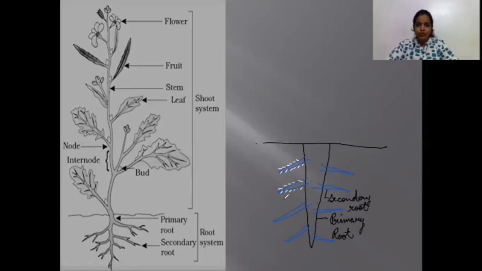First point about the root hair: it is a unicellular structure, which is found only and only on the roots. It is made up of a single cell, guys. Hence we call it a unicellular structure. Second point is that these unicellular structures are actually the elongation of the epidermis of the root. So these are two important points. You will definitely remember them after your exams also. So these are the root hair.